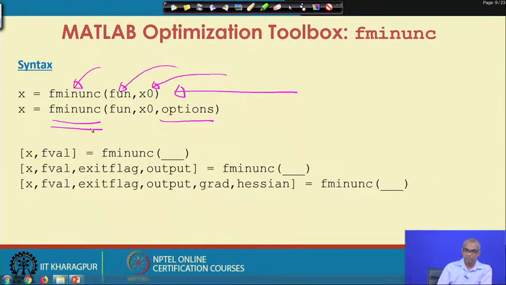And then this gradient can be written in the same function file where you are coding the objective function that you are minimizing.